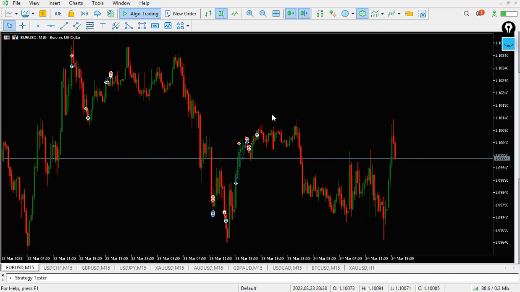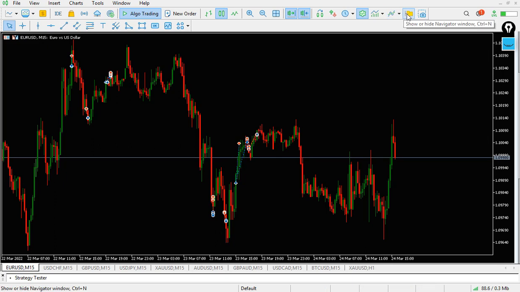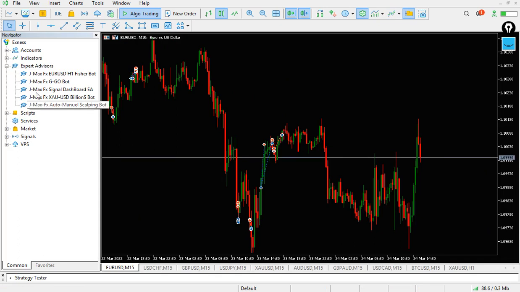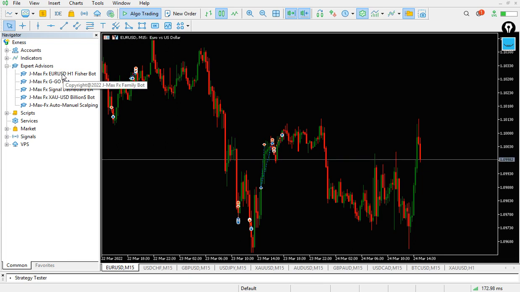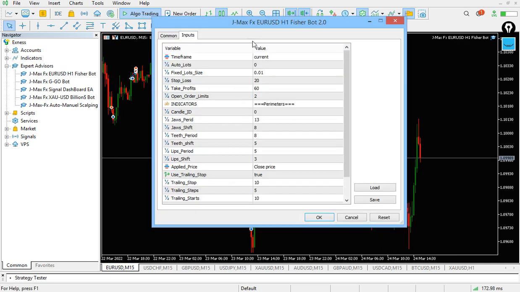The next thing you're going to do is to come to your Navigator. You click on your Navigator, where the mouse is, and a panel is going to pop up. Now you are going to insert your bot on the chart. A lot of people would say they are going to hold and drag it, others will say they are just going to double click on it. Both ways are right. So just double click on it, and you're going to see a pop-up